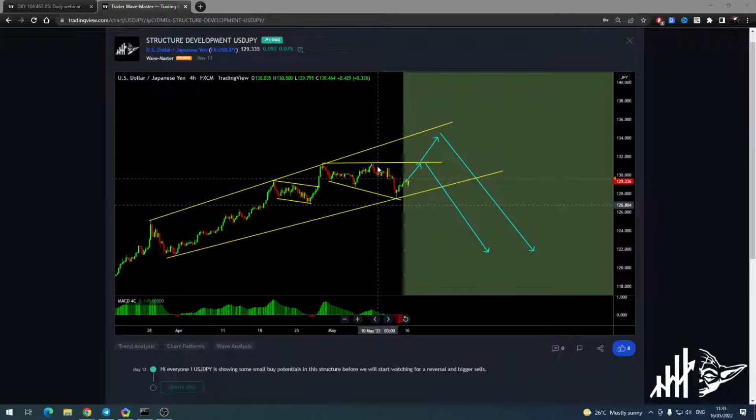But move your trades to break even fairly fast. Don't let them run with open stop losses, because you are at the top. Be aware, you are at the top of the structure again, and this could just spike up and then start its way to the downside. That's just going to give you the correction for more downside.